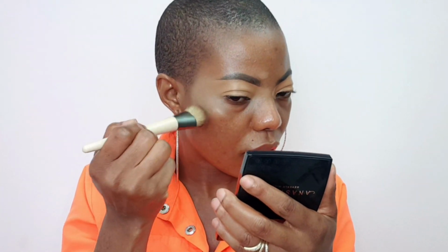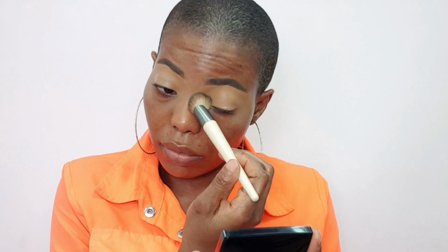Now this is where I go in with the Ecotone Precision Foundation brush. I tell you guys, this brush is really soft. I love it. Now you see how flawless that is. When you blend it out, this is what it looks like. It looks really good when you blend it out and you don't have any harsh lines. So after applying your foundation, if you clean up your messy bits, not heavily, you're not going to see any